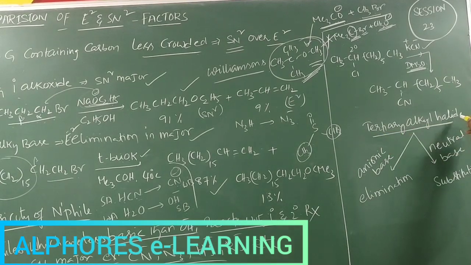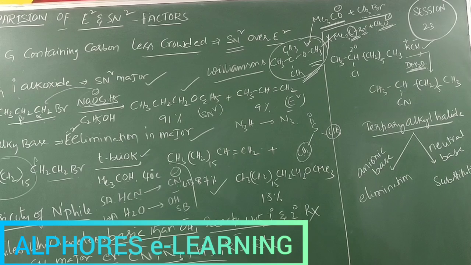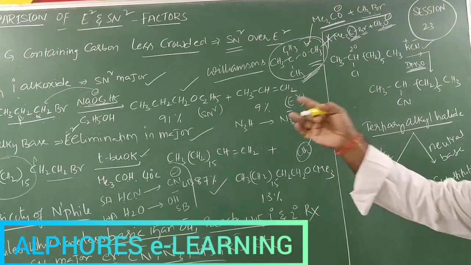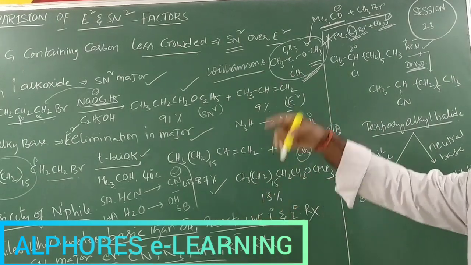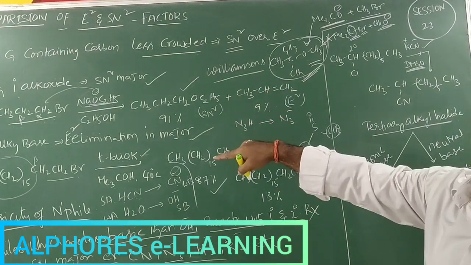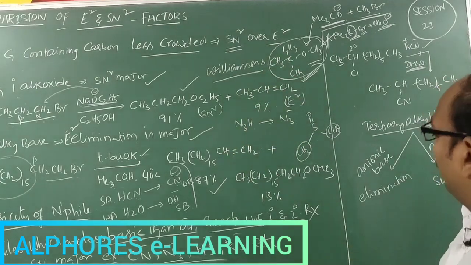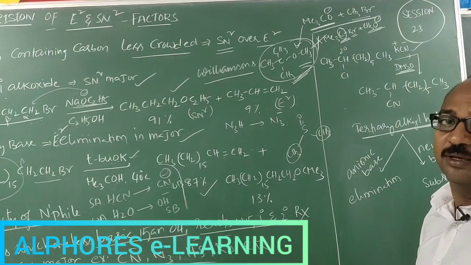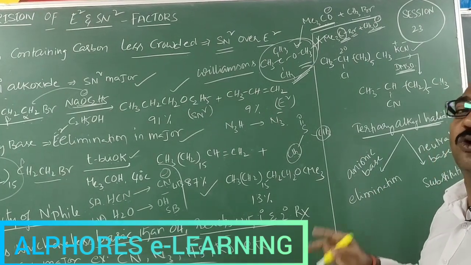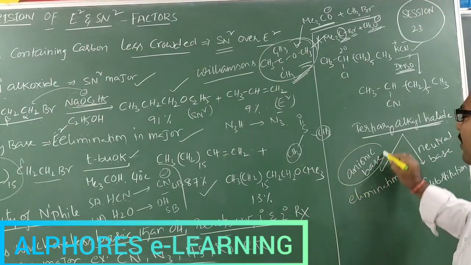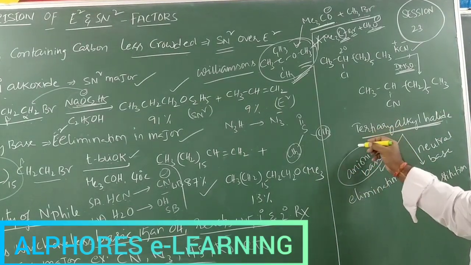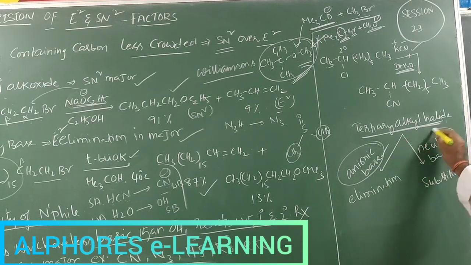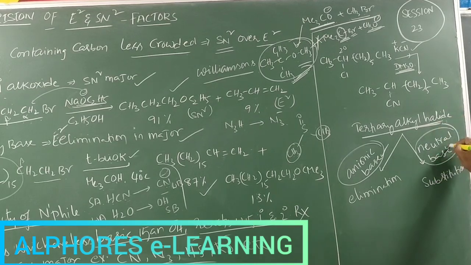Next, the last point here: tertiary alkyl halide. We have been discussing primary and secondary alkyl halides, primary alkoxide and tertiary alkoxide, and all those factors. Now, if the alkyl halide is tertiary, which nucleophile are you using, a negatively charged nucleophile or a neutral nucleophile? The negatively charged one, what we called the anionic part, preferably acts as a base, whereas the neutral one preferably acts as a nucleophile.